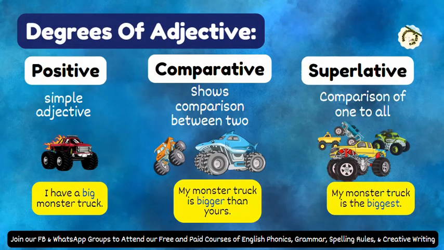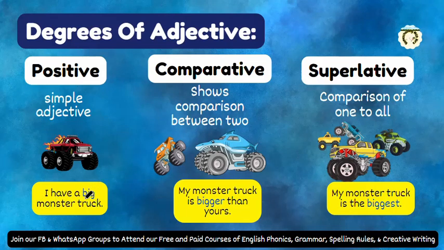Now we are moving towards degrees of adjectives. So what are the different degrees of adjectives? Degrees of adjective means positive, comparative, superlative. An adjective can be in its simple form, it can be in its comparative form, and then superlative form. For example,